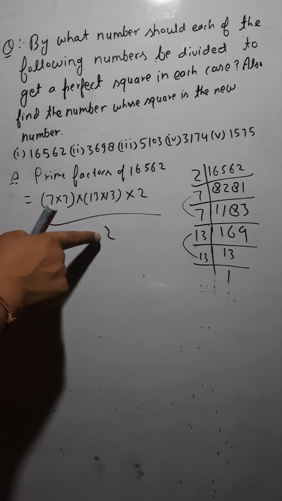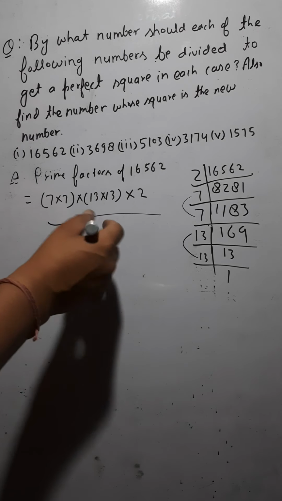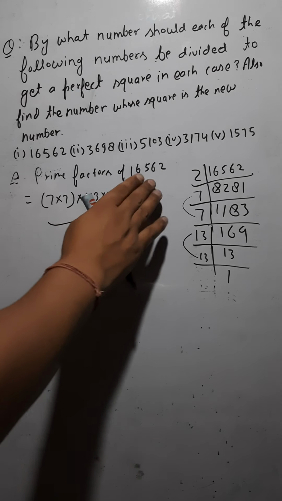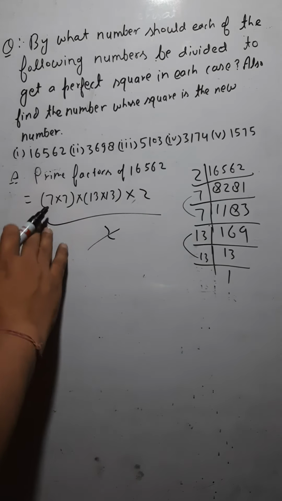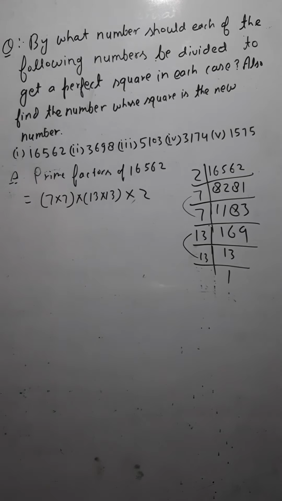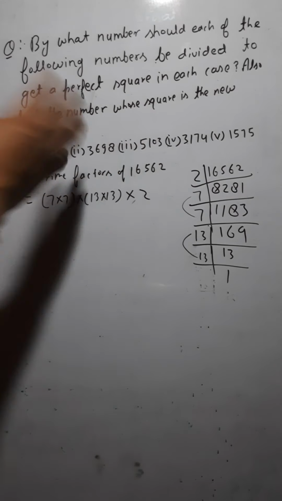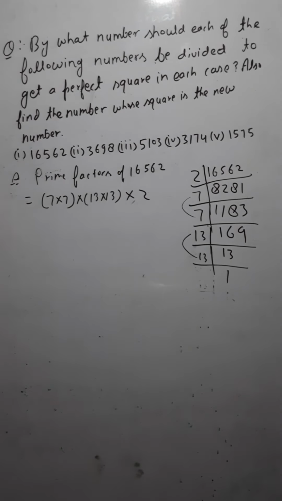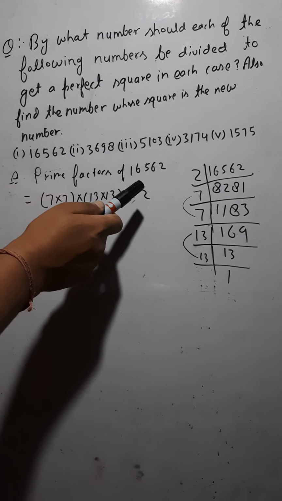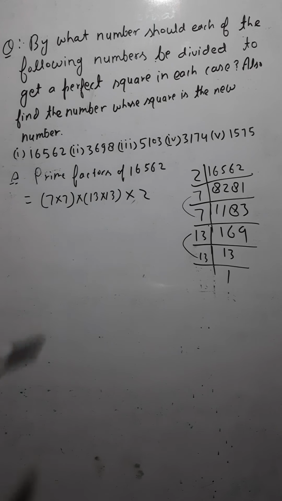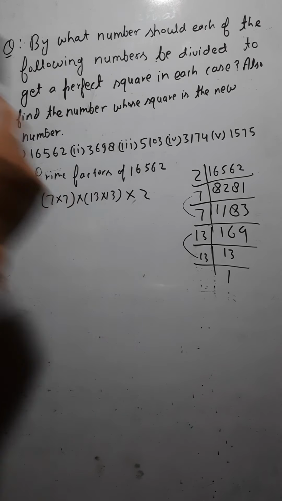So by what number should you divide so that it could become a perfect square? It means you would divide it by 2, because if you are dividing it by 2, this 2 and this 2 would cancel each other. So this 2 would be eliminated then. Are you getting this or not? Because you have to eliminate this 2 now. If this 2 would not remain here, this complete number would have become a perfect square then. So you have to remove or eliminate this 2 from here. To eliminate this one 2, you have to divide it by 2.